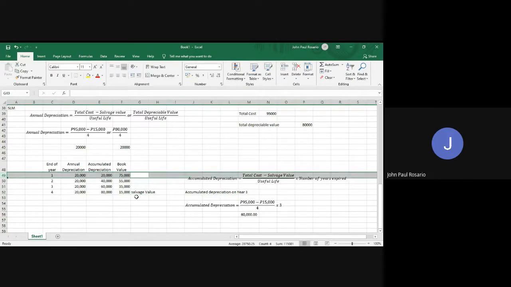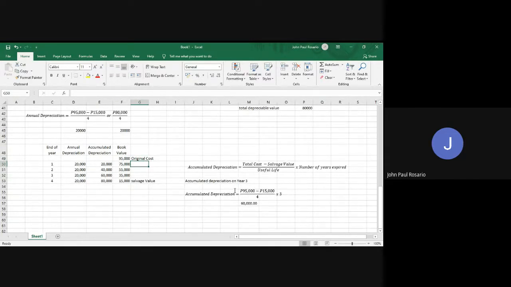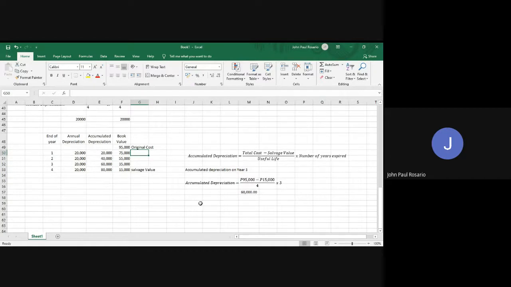Oh, I forgot to add something here. This is 95,000, which is your original cost. So if you'll be asked what is your book value on year 3, then your book value on year 3 would be equal to